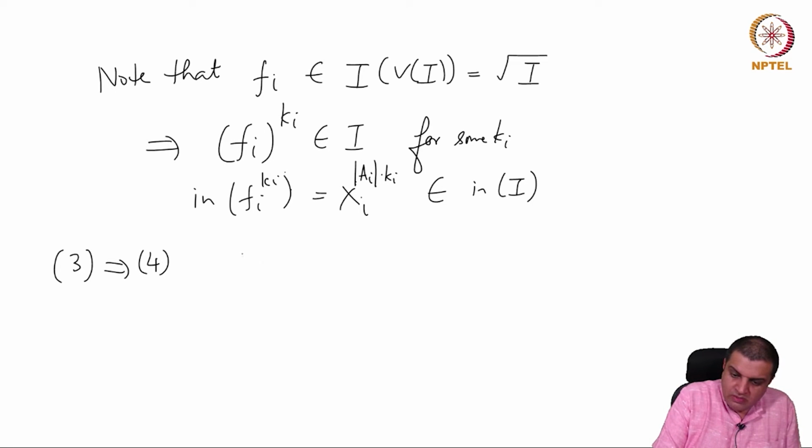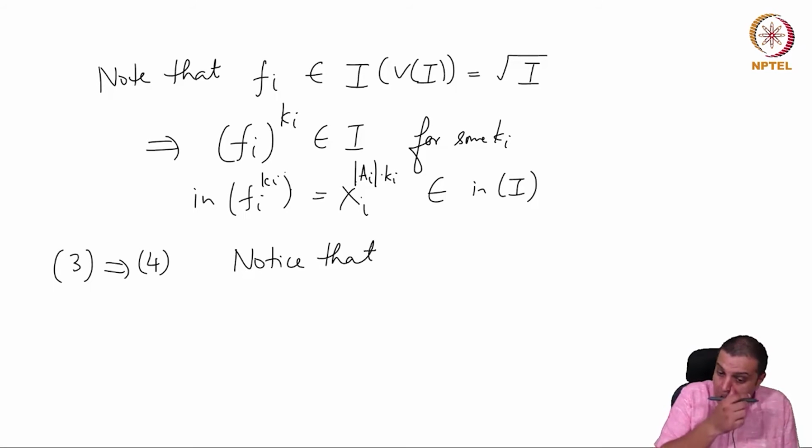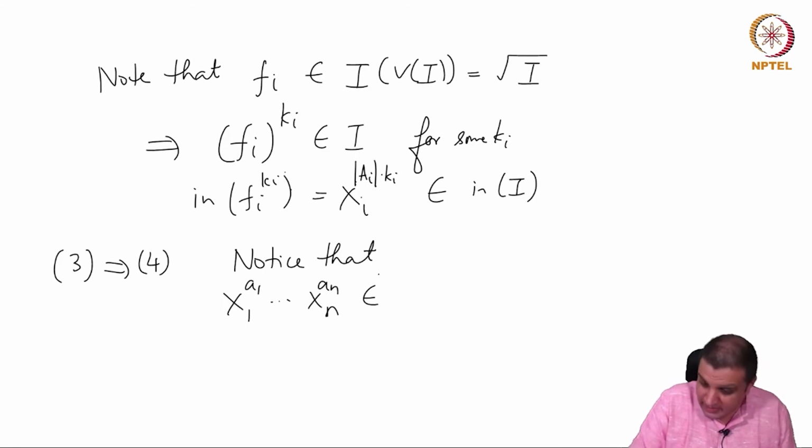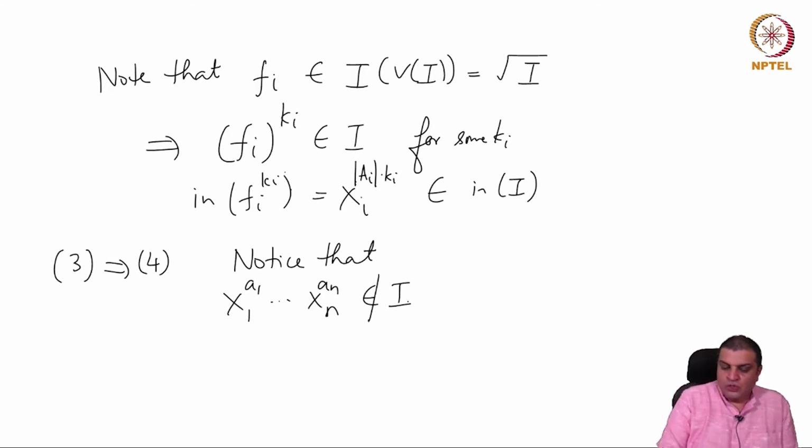So notice that x1 to the a1, an arbitrary monomial, up to xn to the an, doesn't belong to I. So for each i, xi to the mi is in the initial ideal, so a monomial is not in the initial ideal